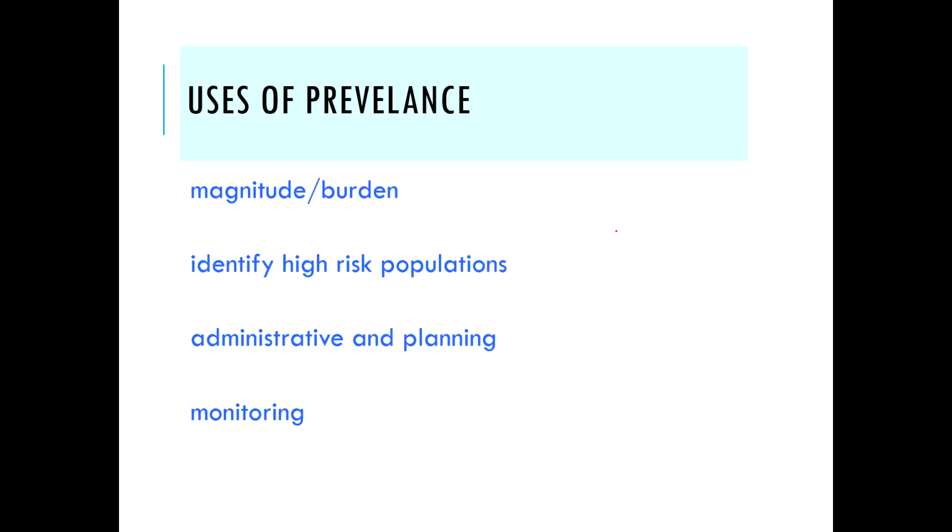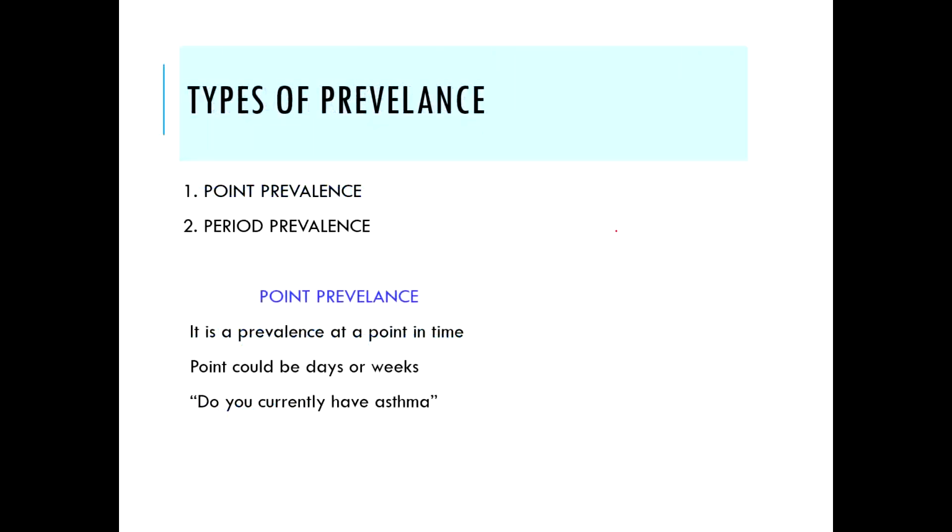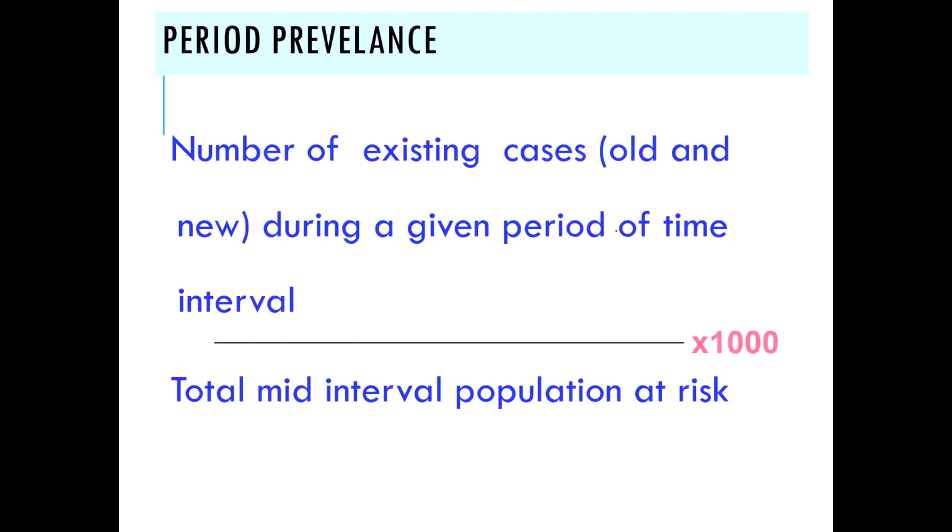It is also used to monitor the health plans: at the start of the health plans, the number of cases was this, the prevalence rate was this, and by input of so many resources of time, place, and person, the number of cases have been reduced or they are still increasing. Prevalence is used to monitor the health programs which are developed by the government as well. So this is just to show you, point prevalence is measured in point time, period prevalence is measured in a period, and